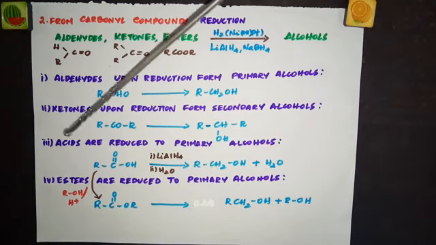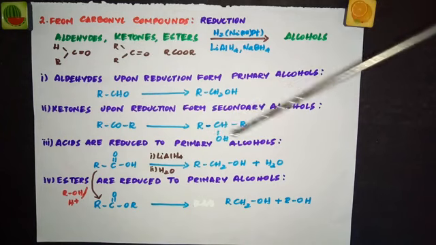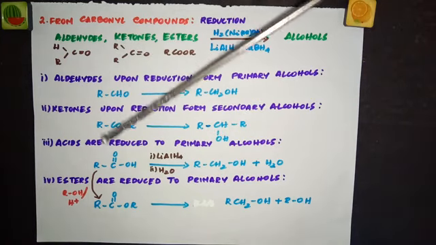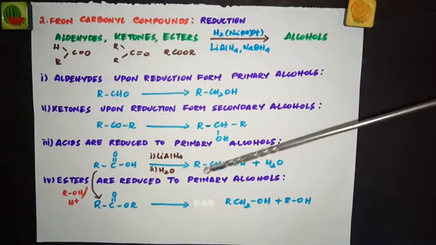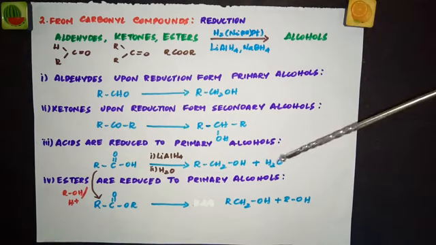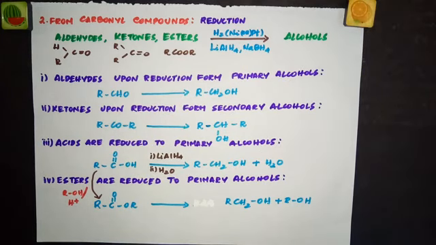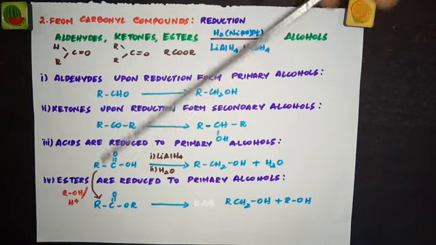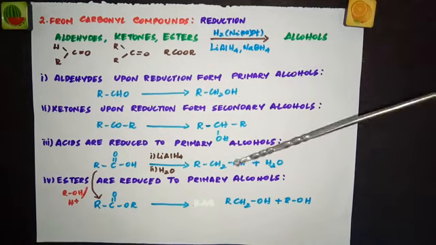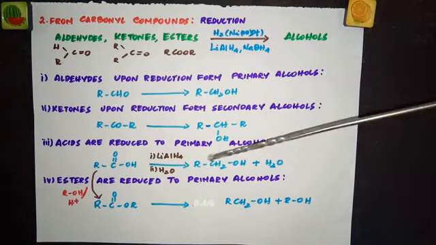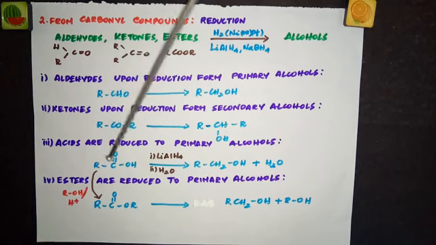So next one is acids. Acids, just like aldehydes, are reduced to primary alcohols. Now see, this R and this OH will be as such. I am writing the general formula. In exams, they will give you specifically any compounds. Instead of R, they might give you CH3COOH or C2H5COOH, whatever it may be. That R part will come as such, and this OH will also be there. Instead of the C double bond O, you will get CH2. So the CH2OH is the primary alcohol part. So if you take an acid and reduce it with any of the reducing agents, you will get primary alcohol.